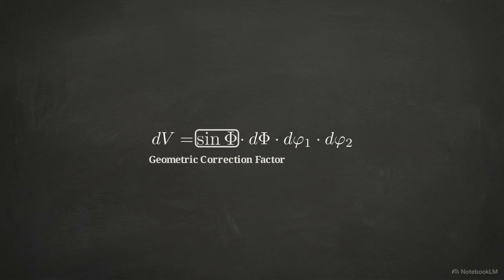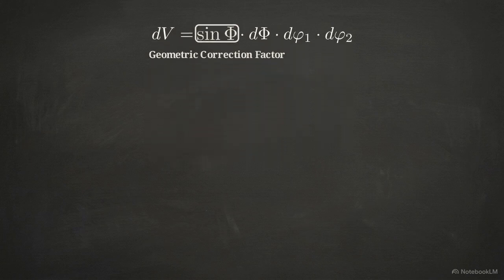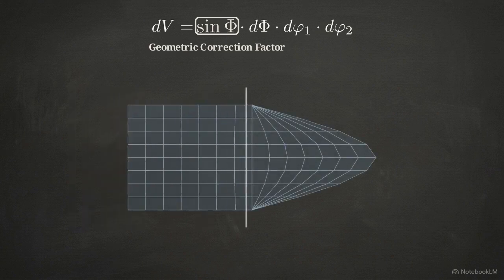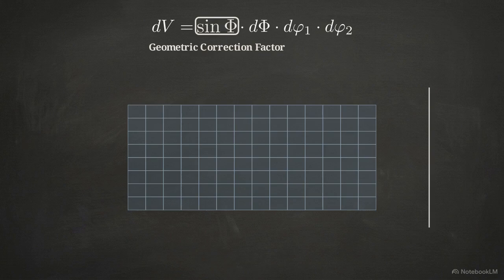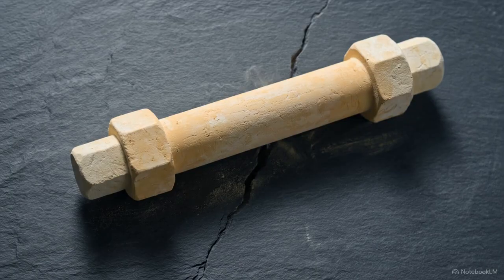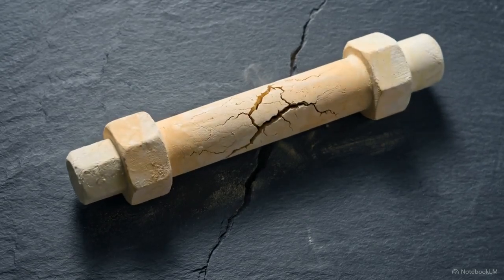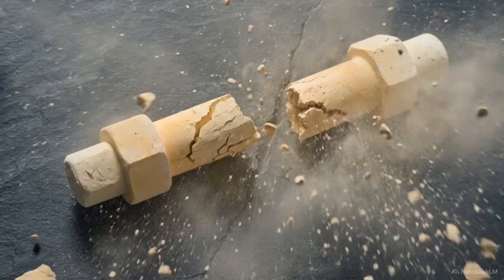To compensate for this surface distortion when calculating volume, we introduce a geometric correction factor. By incorporating the sine of the colatitude into the volume integral, we ensure that every spatial calculation reflects true physical volume, rather than an artifact of the coordinate system itself. Without this specific geometric correction, any volume fraction derived from Euler space is mathematically invalid and will inherently misrepresent the